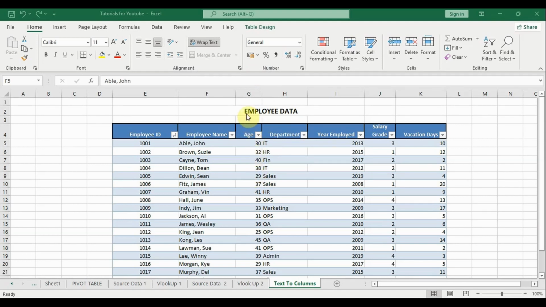We have an imaginary employee data sheet here in which employees' first and last names are joined in a single column. However, we would like to split this text so that first name is in one column and surname is in another. Let's do that. The first step for us is to go to column header,